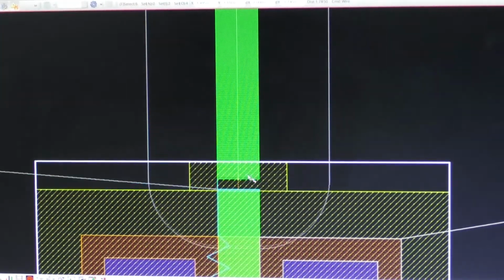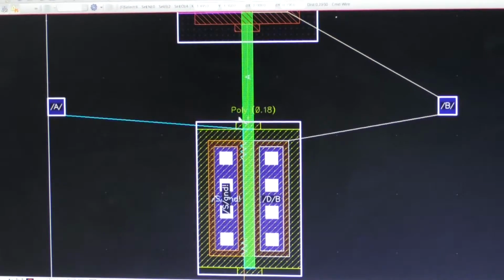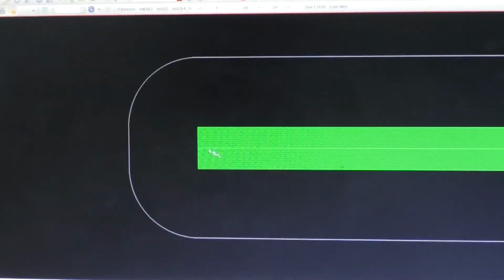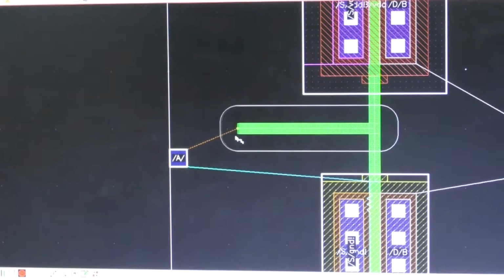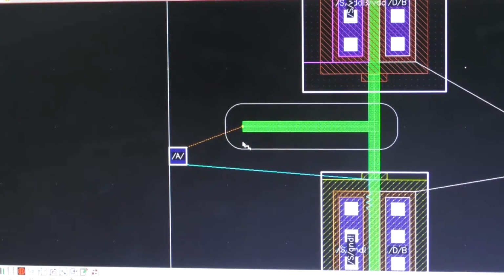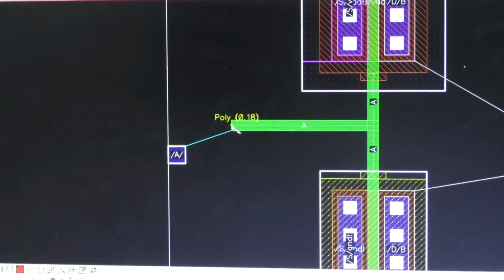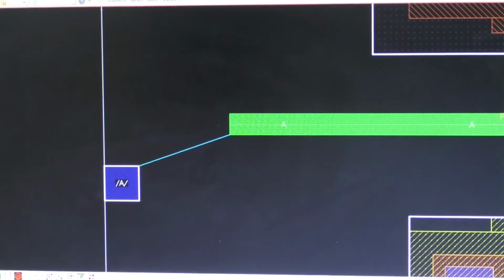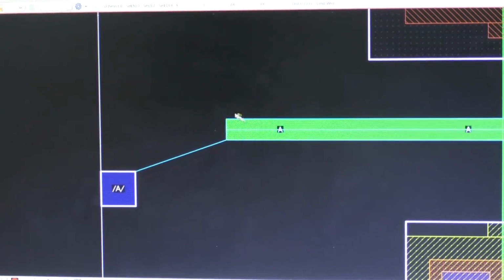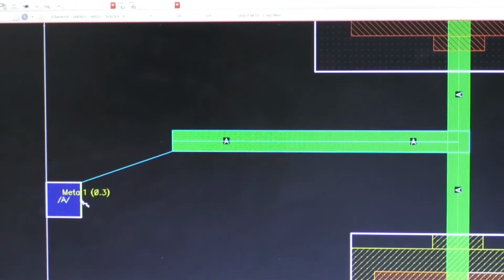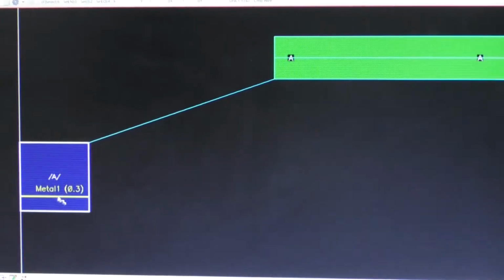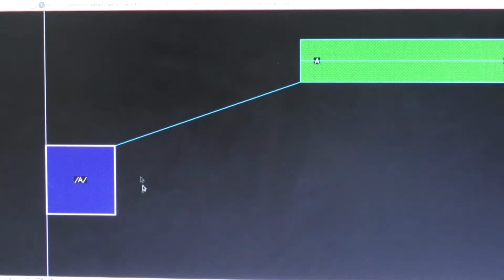Here I am directly connecting this poly, the same poly material, which I am going to use to make the interconnection to the input pin A. This is the extension of the poly material to the outside, and from this point we are going to connect this metal. This is the pin A, which is developed using metal one.